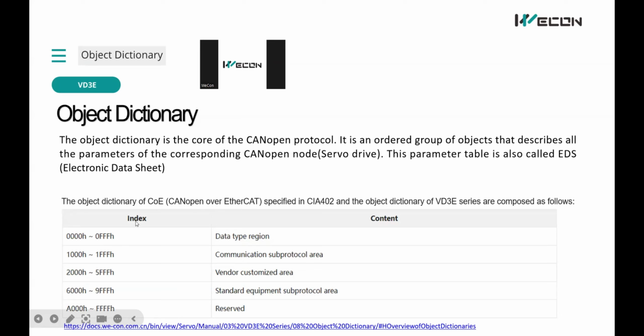In this table, you can see the range from 0000 to 0FFF is used to describe the data type. And for 2000 to 5FFF, this parameter area is used to describe the customer area, which means this area is different